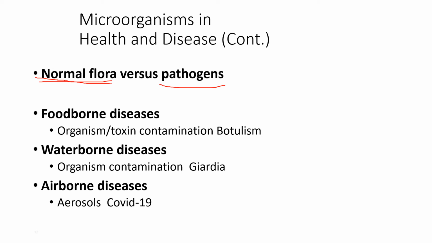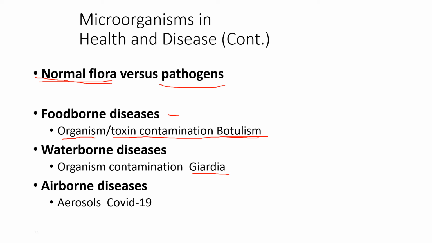And this is just a couple of little things here. Foodborne illnesses. You may be infected with the actual organism, or you may just have a toxin, like in botulism. You don't have the infection of botulism. Generally, you just have the toxin, and if somebody can keep you alive on a vent until you get over it, you'll live. Waterborne diseases come from contaminated water, fecal contamination, and Giardia is an interesting one.